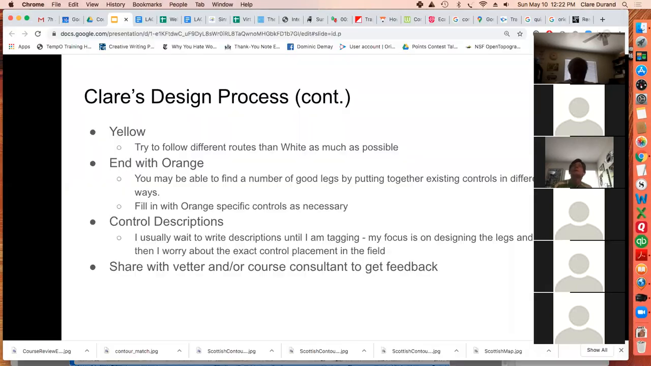After that, then I end by doing the orange course. So I always do orange last. The main reason for this is that I have found that if I go from white to yellow to orange, orange needs to be enough harder than white and yellow that I end up designing orange from scratch, and end up putting a lot of controls out there that are great for orange, but I'm not sure if I'll